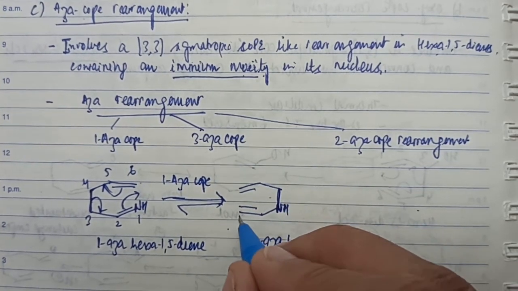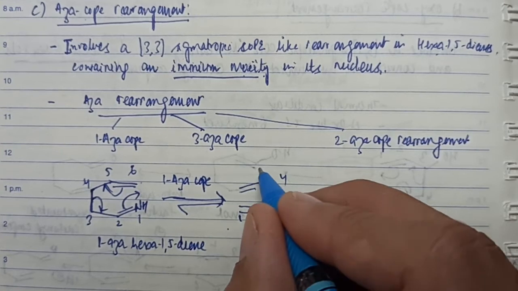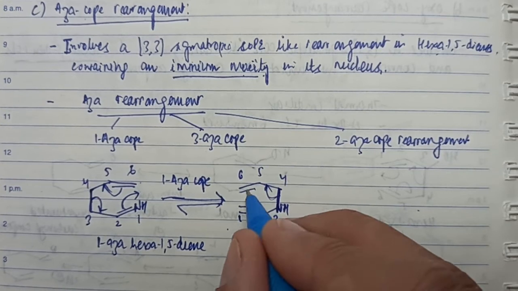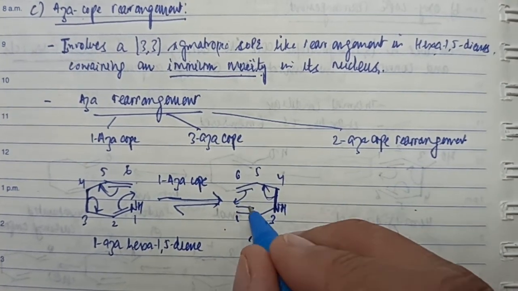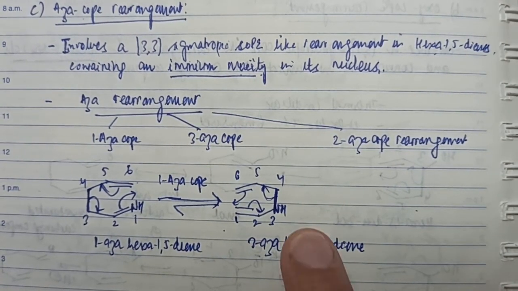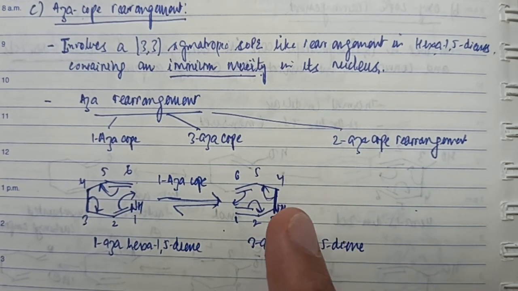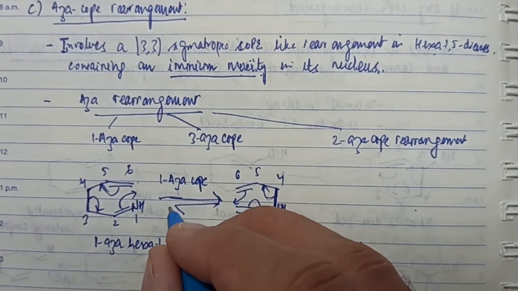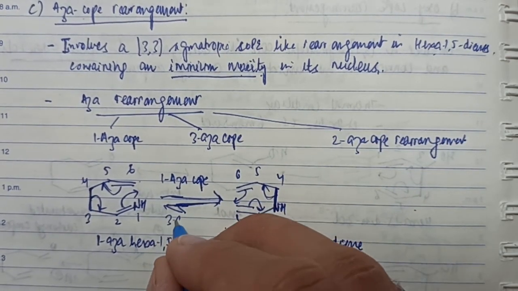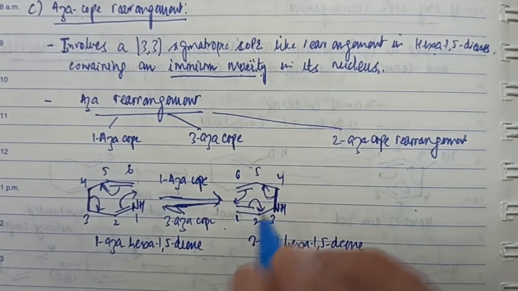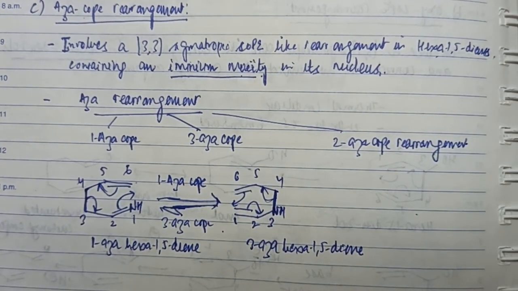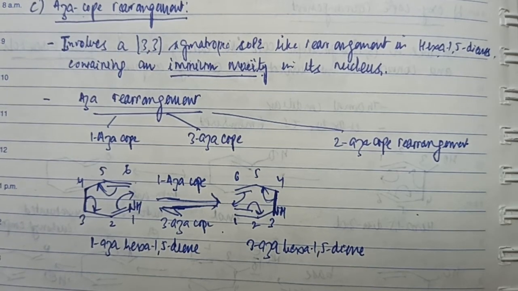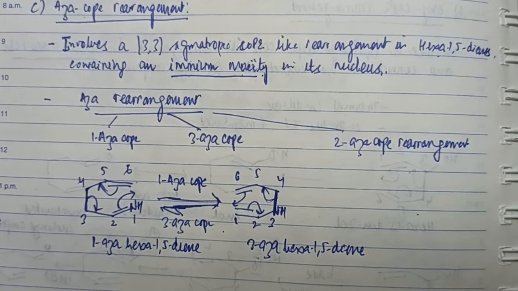The reaction would be similar. If I have to name this system, I would name it this way. This bond would have broken and formed a sigma bond between 1 and 6. The 1,2 bond should have gone to 2 and 3. That means the reactant for the cope rearrangement, while going backwards from the product to the reactant, has nitrogen at the third position. Therefore, we can call the backward reaction a 3-aza-cope rearrangement. Therefore, the forward reaction in which nitrogen is present at the first atom of the hexa-1,5-diene is a 1-aza-cope rearrangement, whereas the backward reaction is a 3-aza-cope rearrangement.